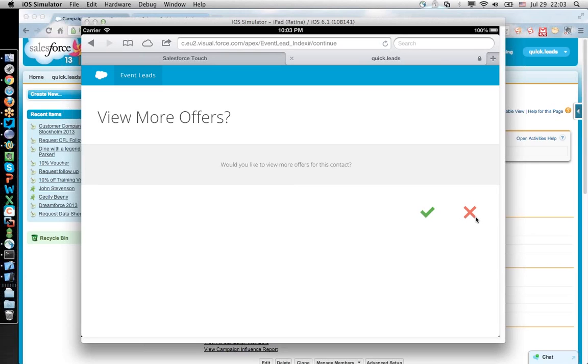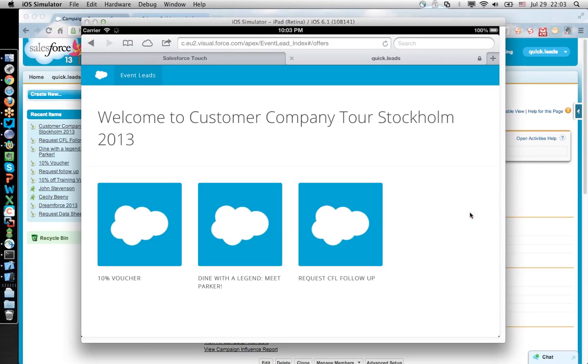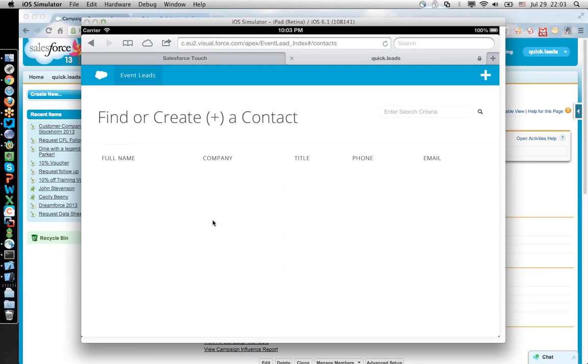Do I want to view more offers for this contact? I'll say no. And then at this point in time, it's going to take me back through where if I select that offer again, I either have to create a contact or select one using my search. And there we go. So there is the Quick Leads